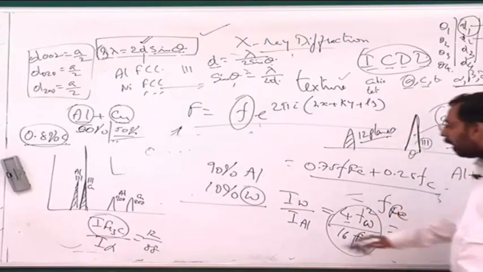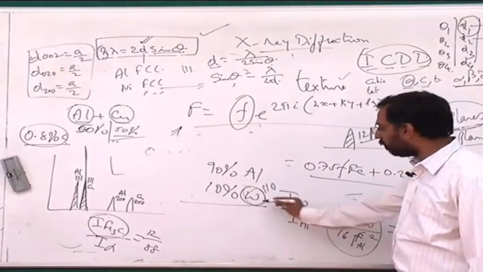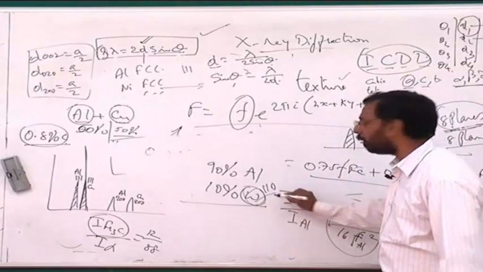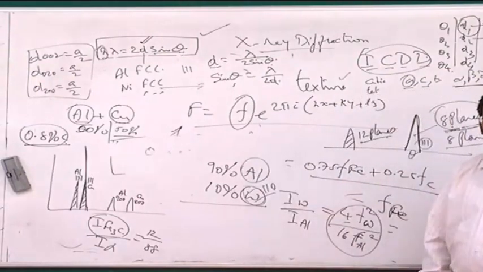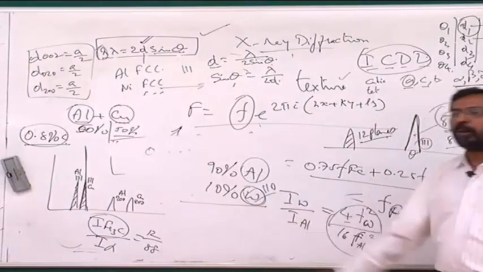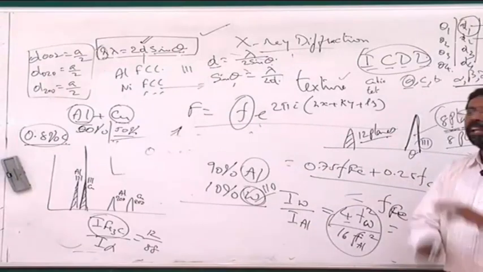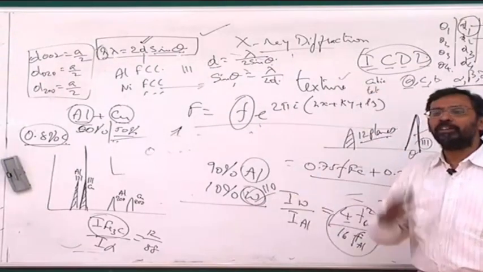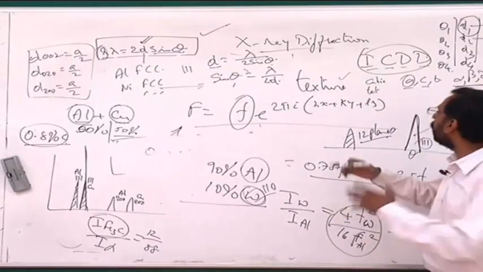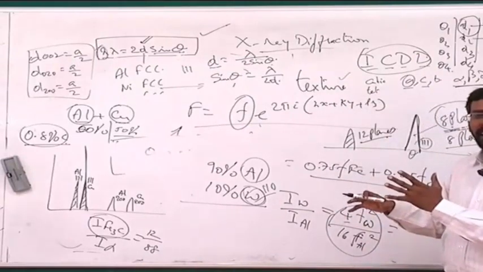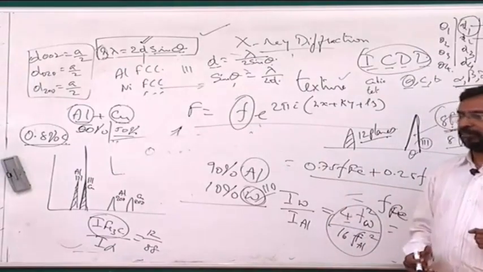If it is much larger than 1, you will see the tungsten 110 peak, BCC, may be much larger than the 111 peak of aluminum, though you know that this is smaller in amount. So this is a major problem in XRD. You cannot simply use XRD to find out the amounts of phases, though many people simply use it. They take the ratios of the peaks and say the ratio of the peak will give me an idea of the amount of the phase.